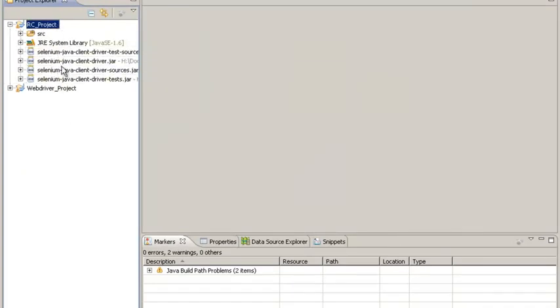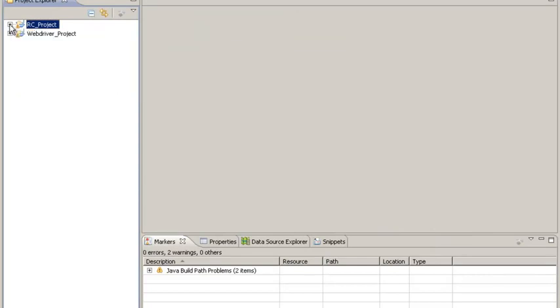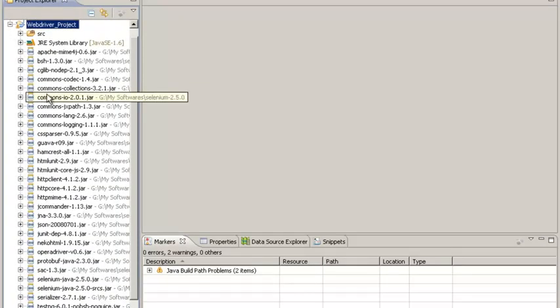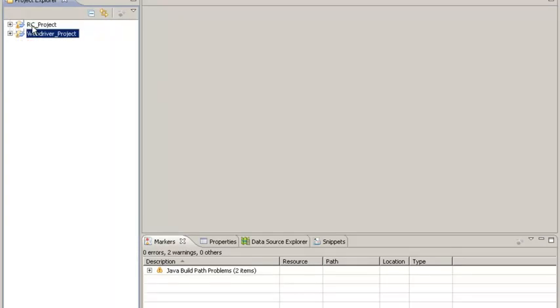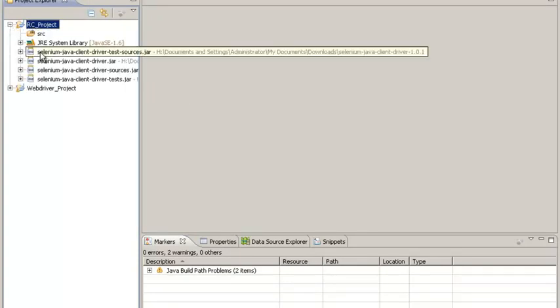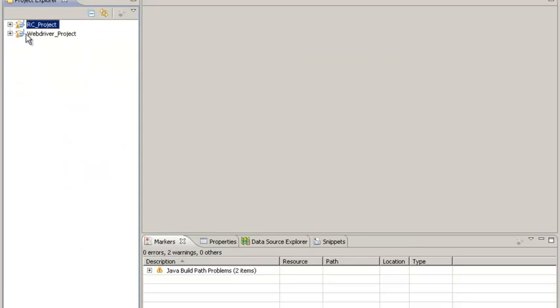So these are the jar files over here. And now Selenium RC has also been configured in this project. So this is my WebDriver project having the new set of jar files which are from Selenium 2, and this is the RC project which is having the old set of jar files from Selenium 1. It's completely up to you which one you need to learn.